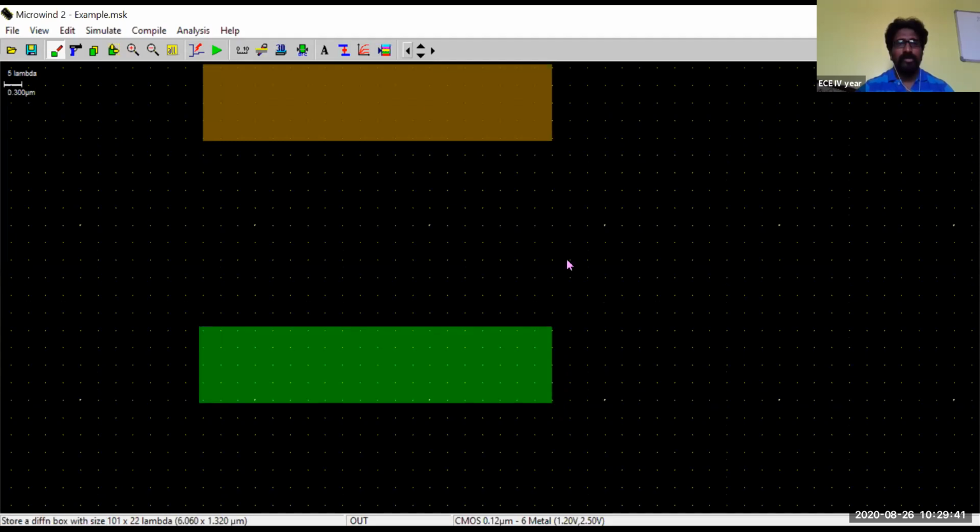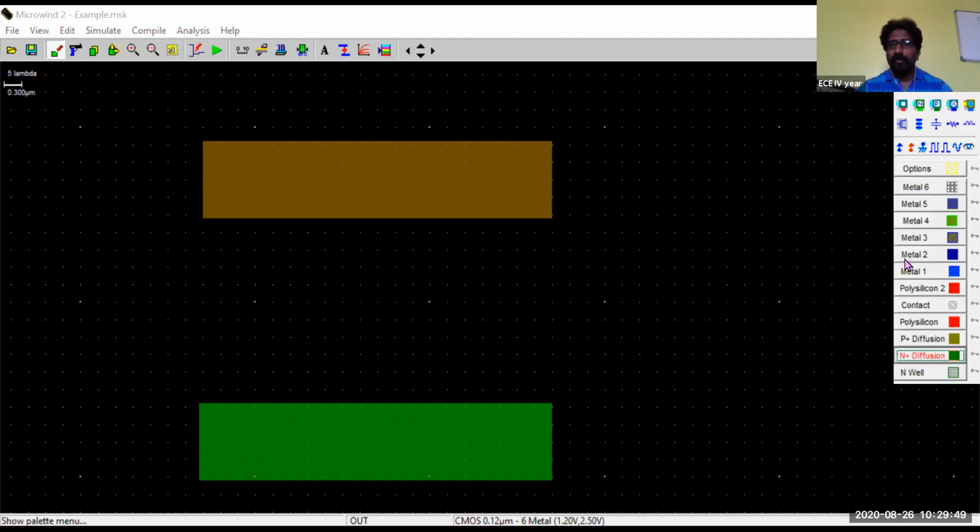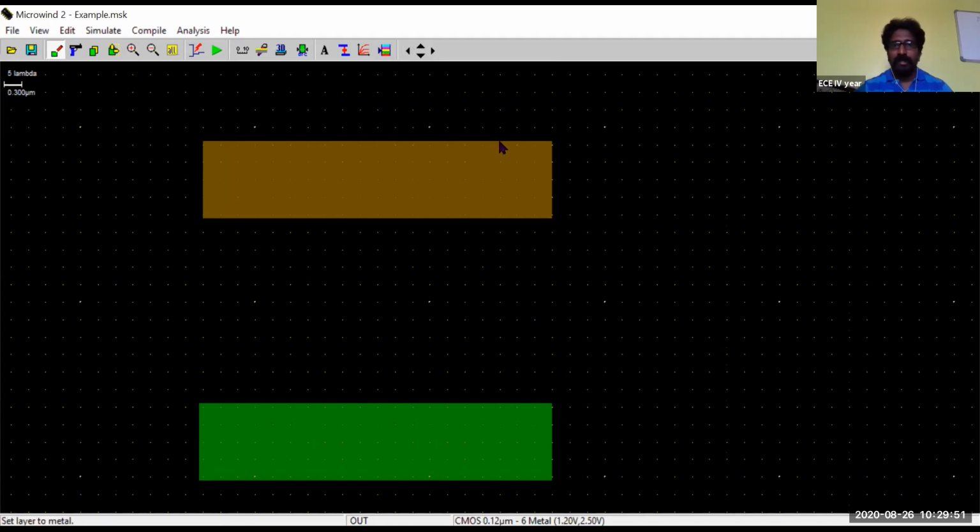So this is an N diffusion, and after that, draw the source and drain with the help of a metal layer. The 3 lambda drain will be drawn here upon the P diffusion, and again upon this one we'll draw the source terminal.